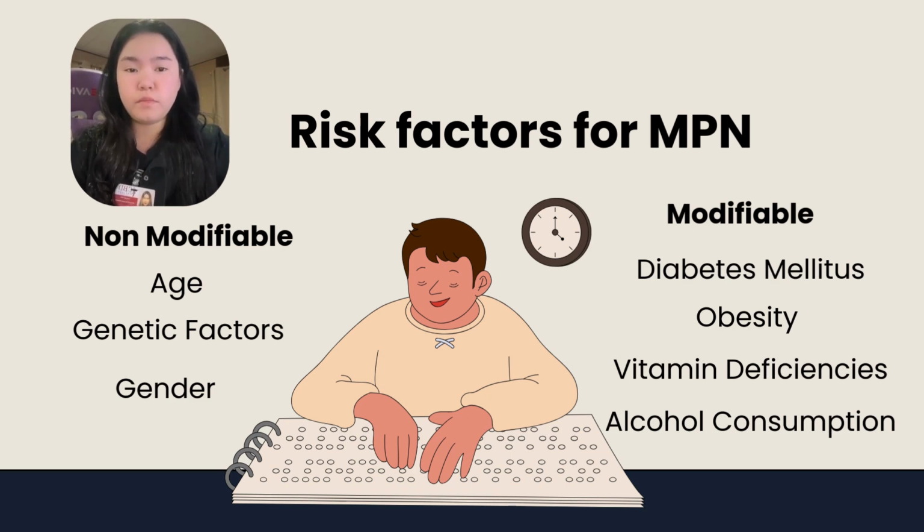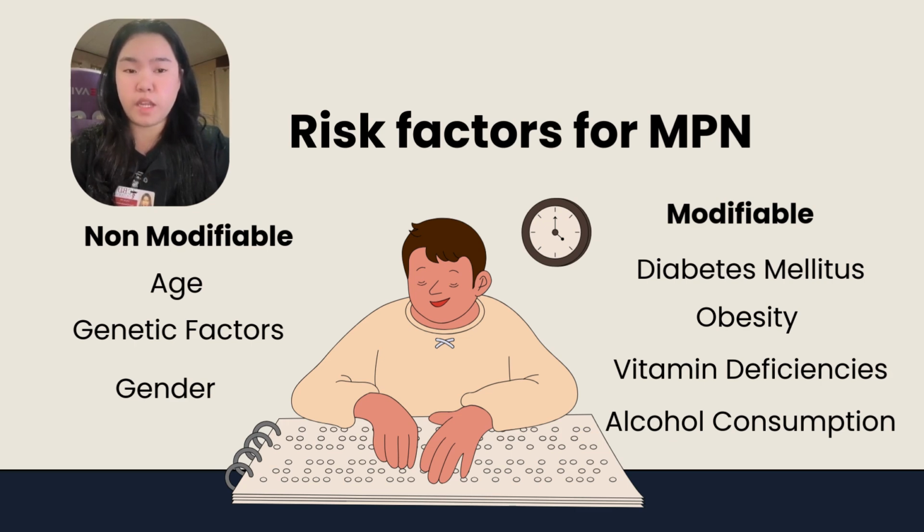The last one is obesity. Obesity contributes to the development of insulin resistance, which in turn increases the risk of diabetic neuropathy. Evidence shows weight management and dietary modifications such as increased fiber intake have been shown to reduce the incidence of